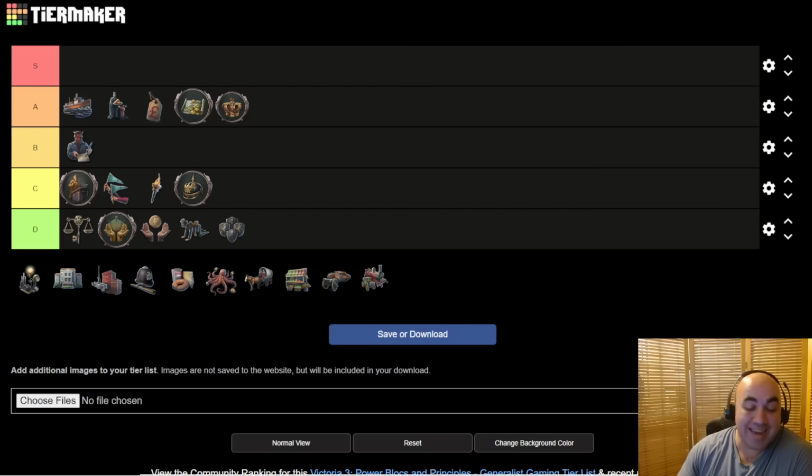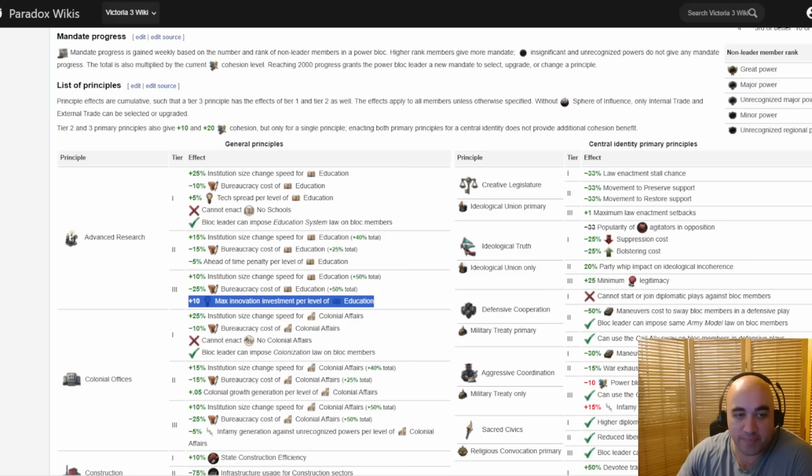All right, so next up we have all of the principal groups that are not primary principal groups tied to the blocks. All of these ones are tied to the blocks, and these ones are just generic ones that are going to be available to everyone. Taking a look, starting with advanced research, the main benefit here, I think that a lot